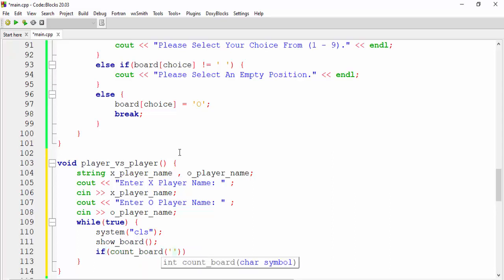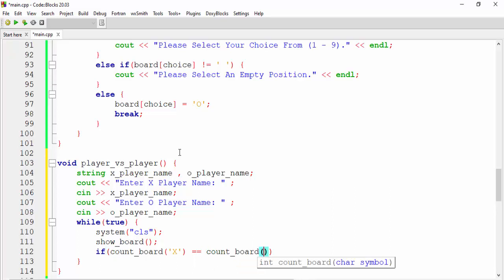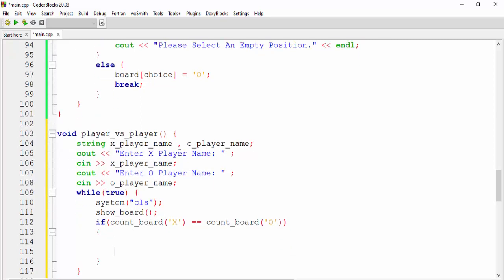So we'll say if count board of X is equal to count board of O, then it will get the choice for X. First of all, I will print cout the name of the X player, and here we'll say X player's turn, so the user can understand whose turn it is.